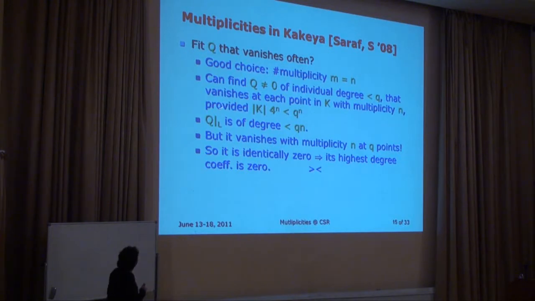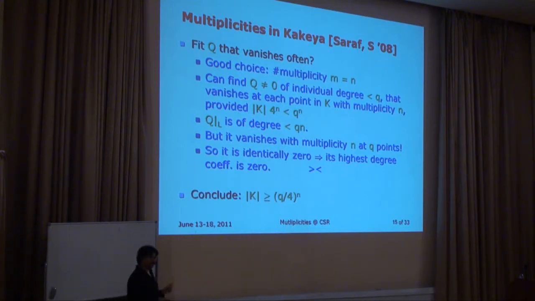So one concludes that whenever you restrict this polynomial to a line contained in the Kakeya set, it's identically 0. Now you can just plug back into Zev's analysis and conclude that the highest degree homogeneous part of the polynomial is 0 at the direction specified by the line, and so you have q to the n zeros of a polynomial which should not be 0 on the entire cube. Okay, so we have the contradiction, and one concludes that this assumption could not have been true. So the size of the Kakeya set should be at least q to the n over 4 to the n.